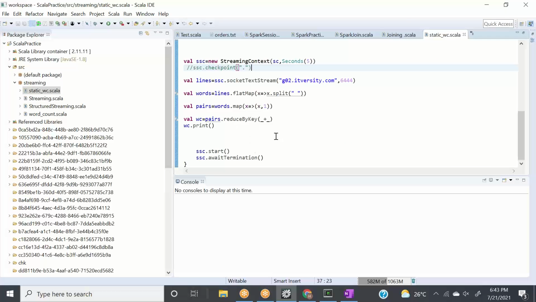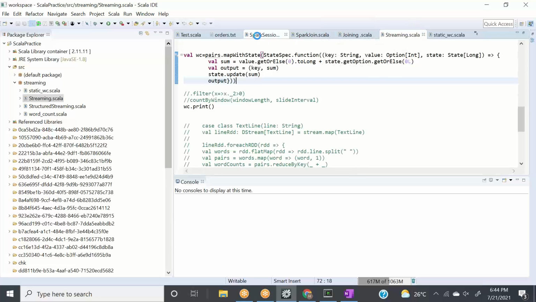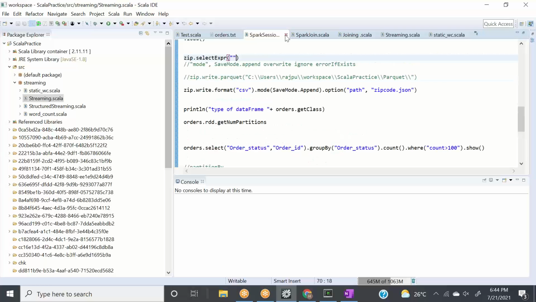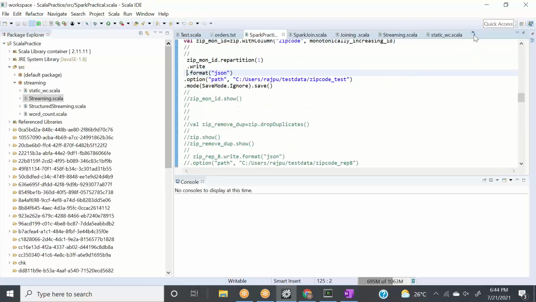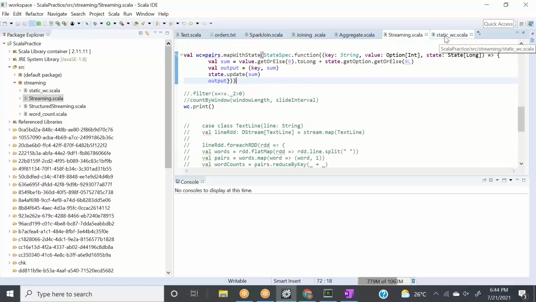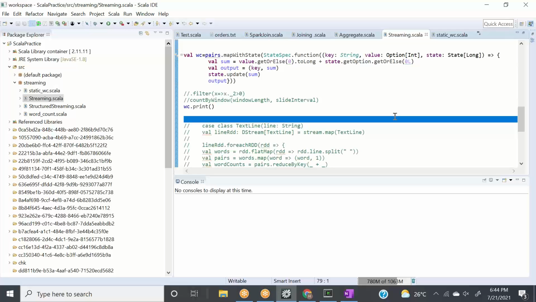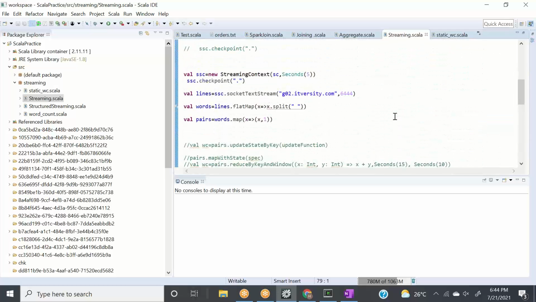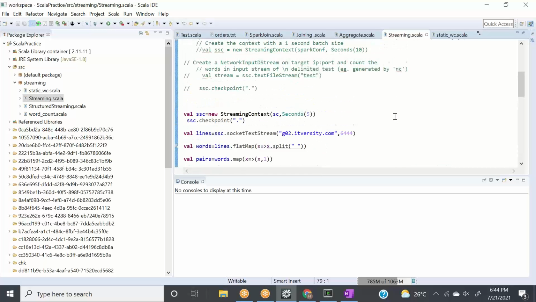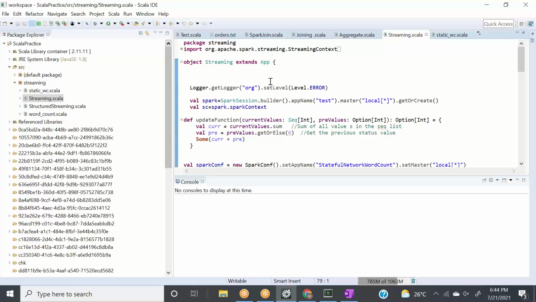We have run it, right? And the Scala file is one. So let's close this first quickly so that it gives us some space. Okay, let's see now. What we are doing here is again the same thing.